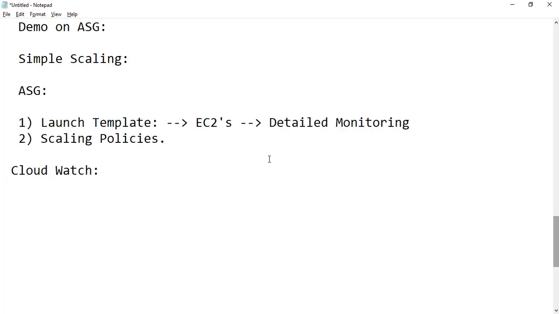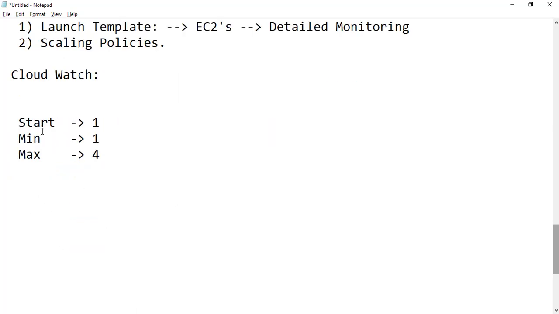Second thing, we are going to set up some scaling policies. And there is one more thing we wanted to understand: how much maximum should my EC2s be scaled up or down, right? There should be some maximum, like we have for credit cards. We have a maximum limit, like this much maximum I can spend, not more than that. In a similar way we can have start, minimum and maximum limits. These three limits we can set up in an auto scaling group. So if I say start 1 and minimum 1, maximum I can say, suppose, 4.